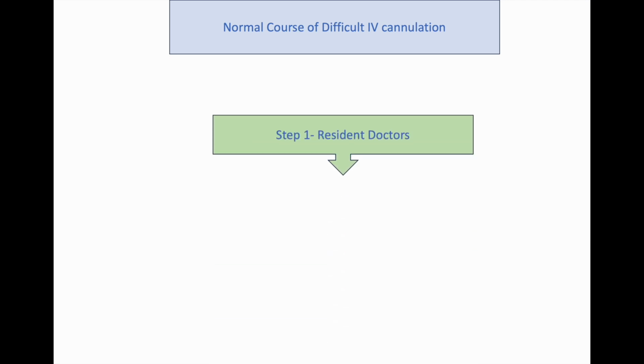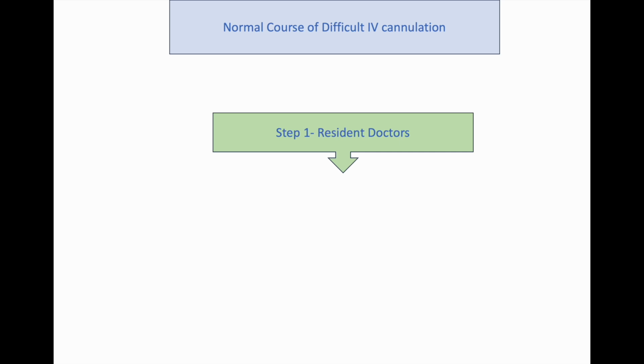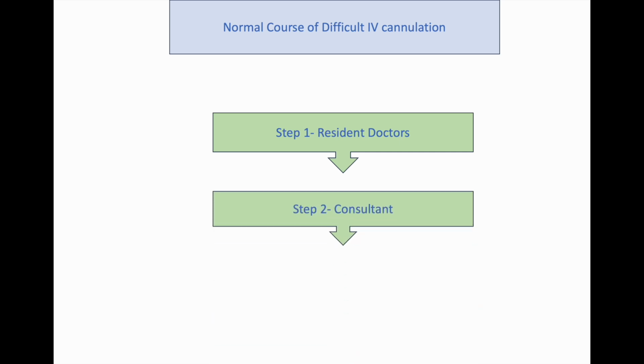So what is the normal course of difficult IV cannulation? First of all, a resident doctor tries to find good veins for the IV cannulation, and then he takes a chance to put the IV cannula. If he couldn't make it, then he calls the consultant, and the consultant also takes 2 or 3 pricks to